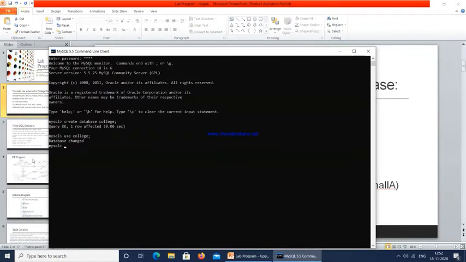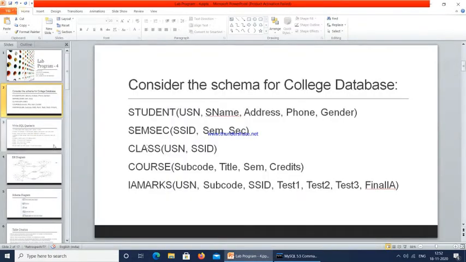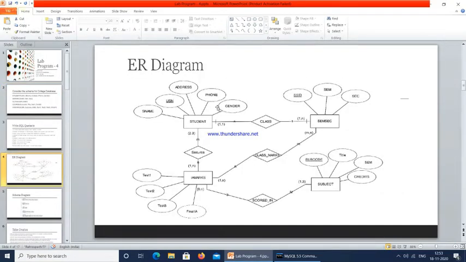So first step is what? I need to create all these tables. Before creating these tables, first we will look at the ER diagram. For every database program we need to first create an ER diagram. The ER diagram is going to show the entities, the different attributes that are concerned with those entities, and the relationship between two different entities. This is going to give a clear picture of the college database, so that we can insert the data.